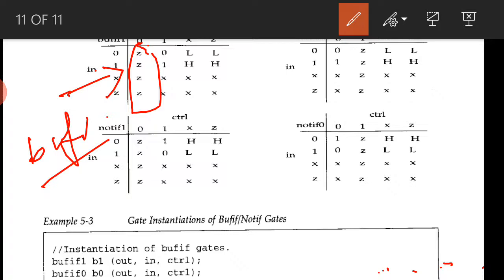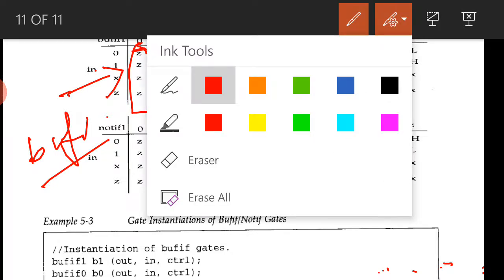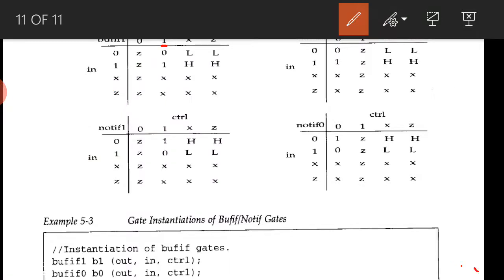If the control signal is 0, the output will be high impedance. If the control signal is 1, then the required operation happens: 0 gives 0, 1 gives 1, x gives x, z gives x.